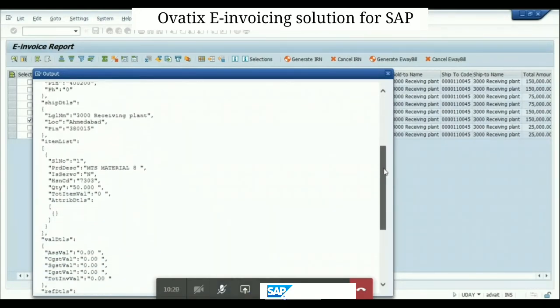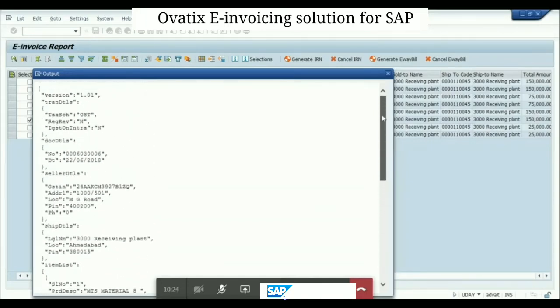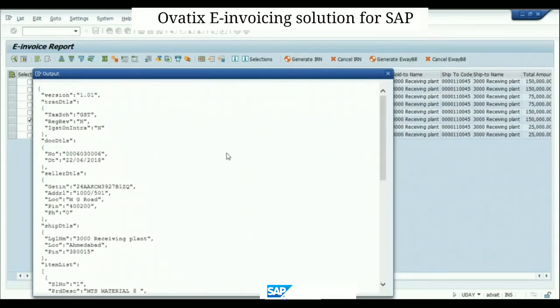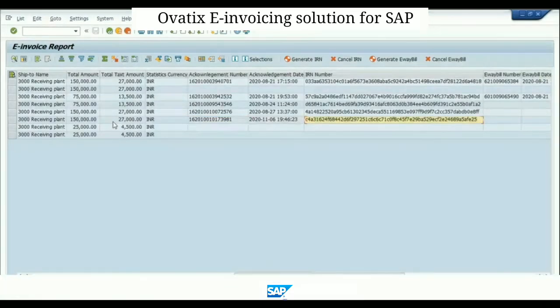All these things we will explain in detail when we are configuring it for you, that is, what data should come where. But yes, these are the details which will be sent to the government, and you can verify this at the time of testing. Maybe for the initial days whenever you are sending, you can just check: okay, invoice number is correct, total invoice value is correct, GST is correct, and the acknowledgement number and date time have come.